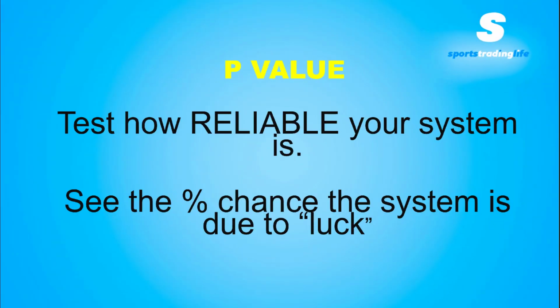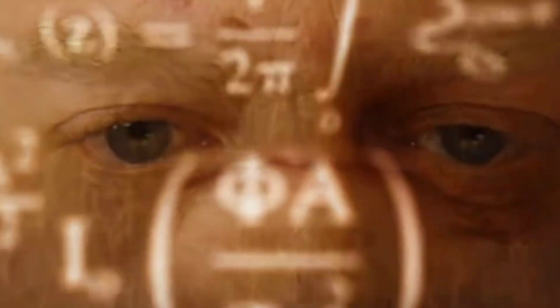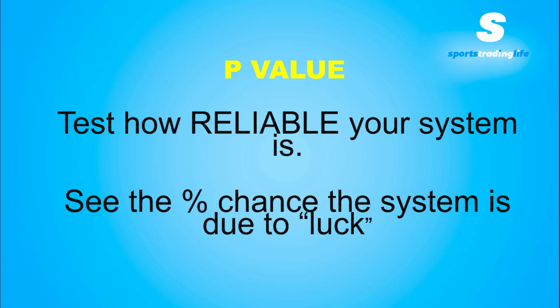But anyway, the p-value does this by using three variables: the ROI, the average odds probability, and the number of games. It calculates for the standard deviation. It finds a t-stat, which is then plugged into a distribution to give us our p-value. It sounds complicated, right? But you don't need to worry about any of that, since the final total is just calculated for you in the System Builder, and then you can tweak it. Let me quickly show you.